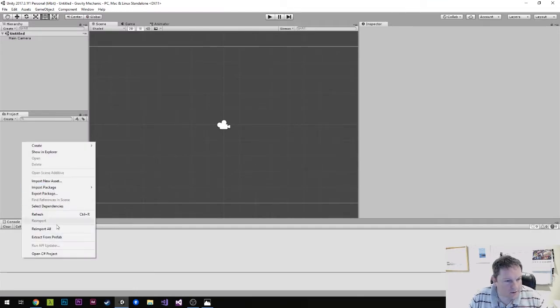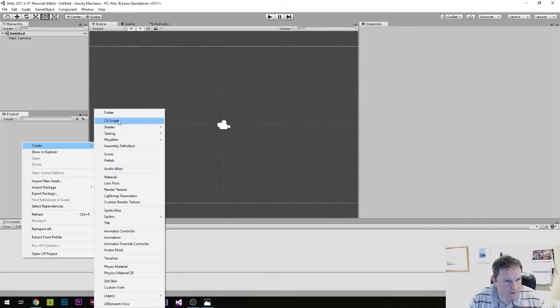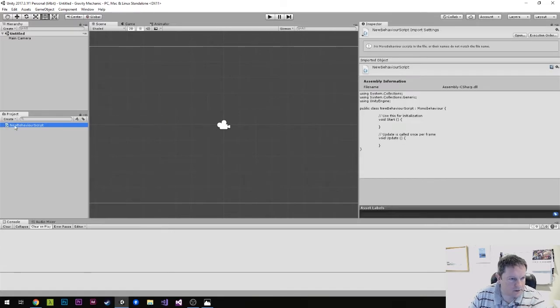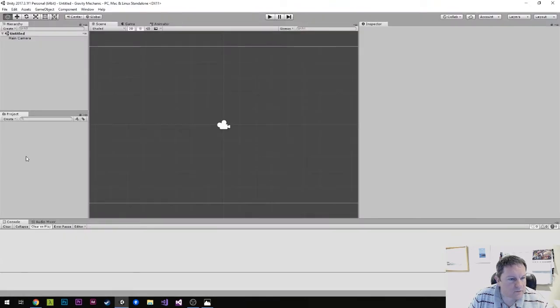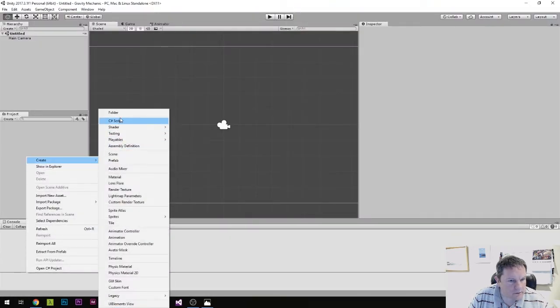Okay, and then for the project, I'm going to create a C# script. No, I don't want a C# script. I want a folder named after this person, Toxic Fork. So I'm going to create a folder, scripts,